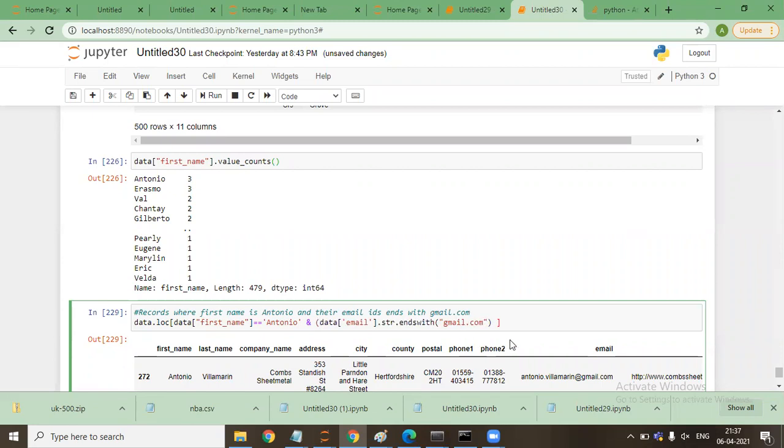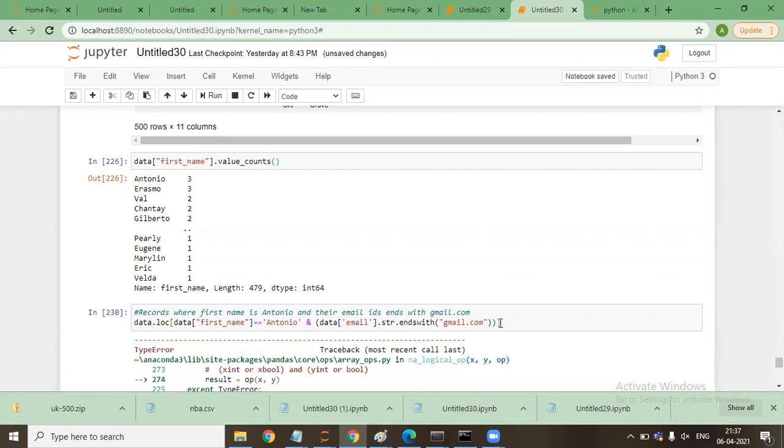Whenever we specify and, I need to specify it in these brackets. Now it also says and data email dot str dot ends with gmail.com.